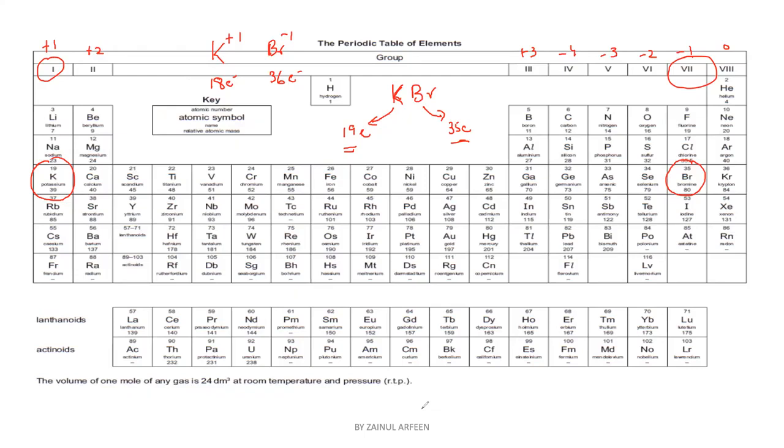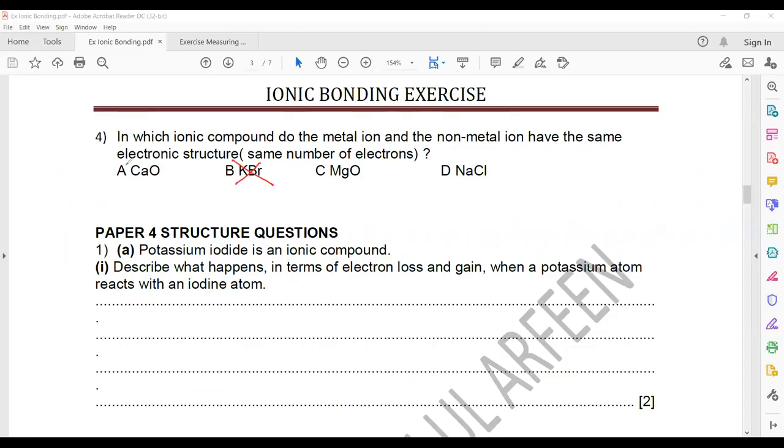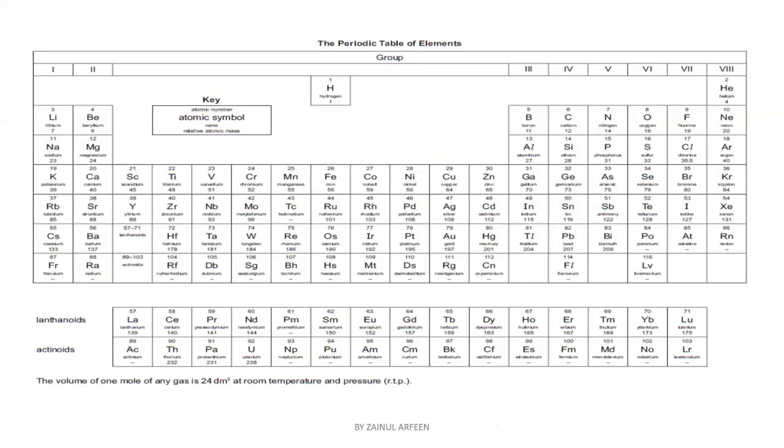So we check the second option, and it cannot be the right option as well. Now when we check the third option, it is magnesium oxide, because we want that option in which both ions will have the same number of electrons. So magnesium oxide: this is magnesium, which is having 12 electrons, and oxygen